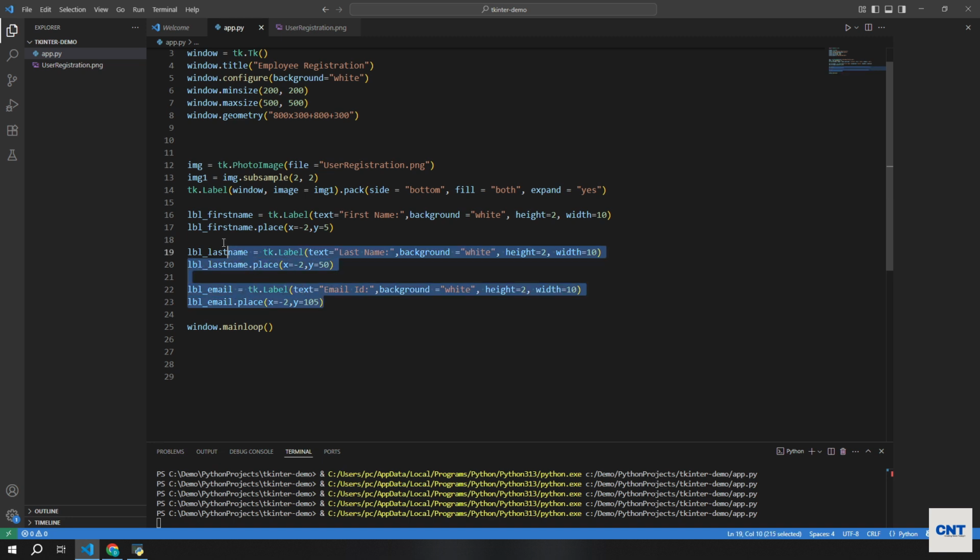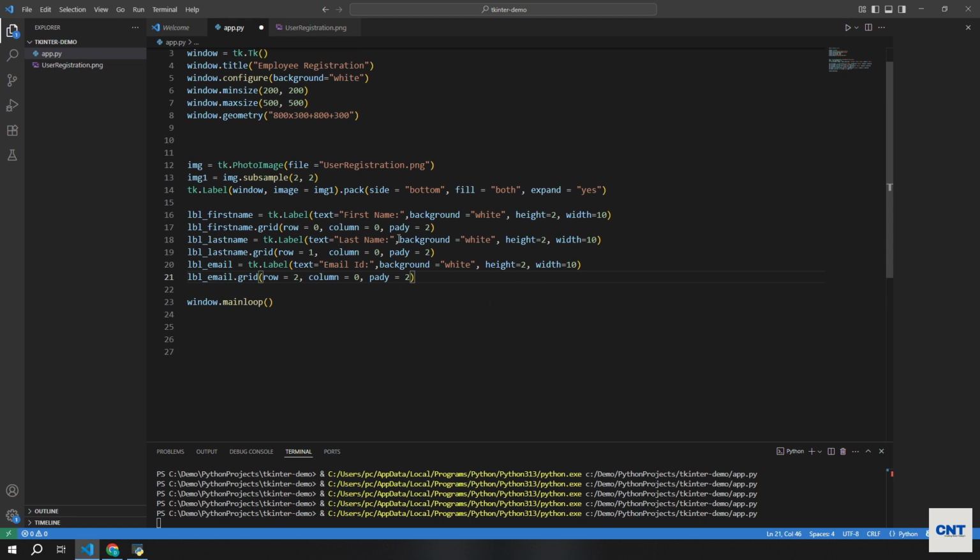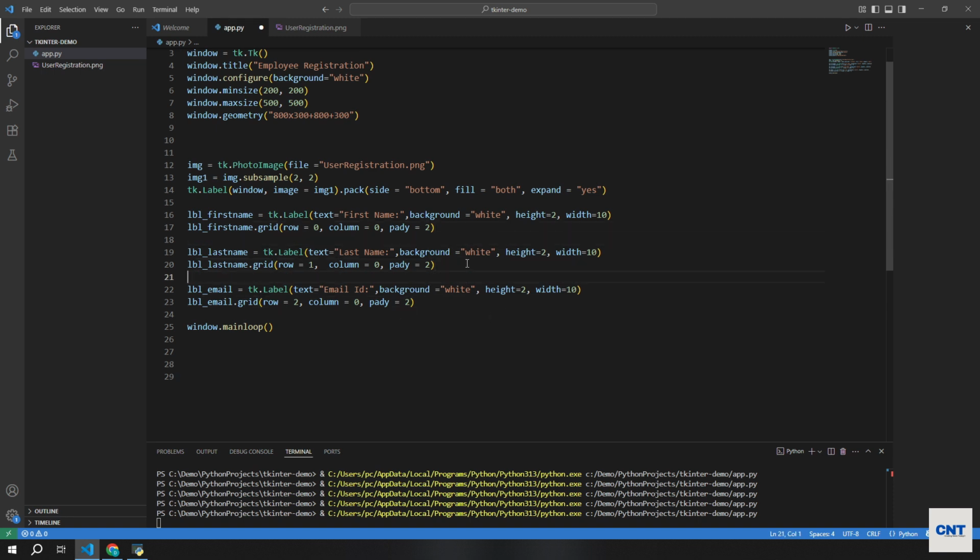I'm going to remove these labels and I have a code snippet handy to just save some time. You see, we are using now grid method on our label widget where we are setting row and column, and we are also defining padding. You can imagine a table that has 3 rows and 3 columns. So in our first row, we are going to have first name. We have second label that would come in the second row. Column will still be the same. Similarly, we have email, it would be a third row and column would be the same. Okay. Now if you run the program,